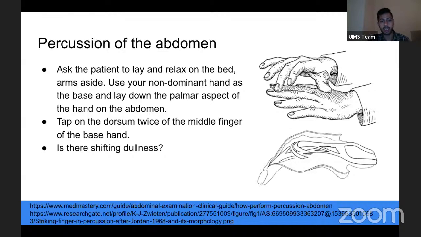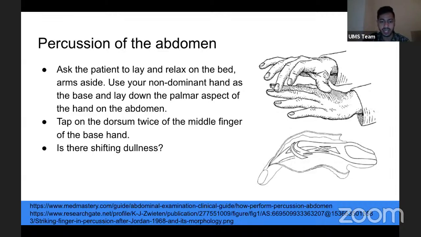In terms of shifting dullness, I've mentioned here that shifting dullness is usually a sign of ascites. Percussion can obviously be used for any fluid, and ascites is fluid, so percussion is very useful for assessing the presence of ascites. What we usually do is percuss from the umbilical region to the patient's left flank, and then vice versa to the other side,